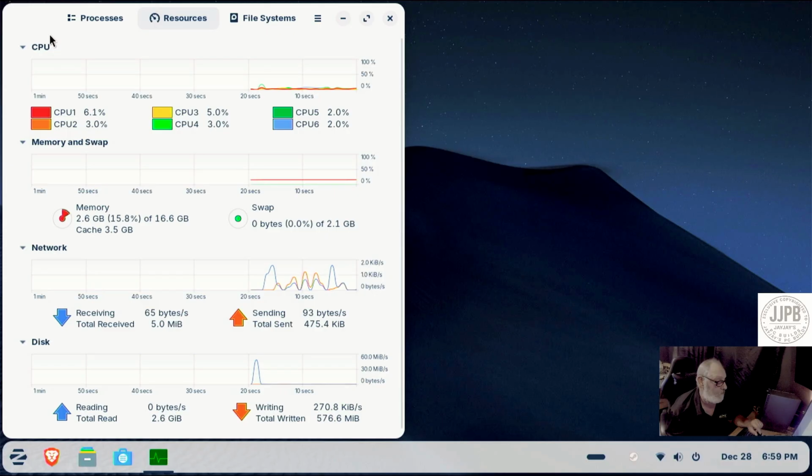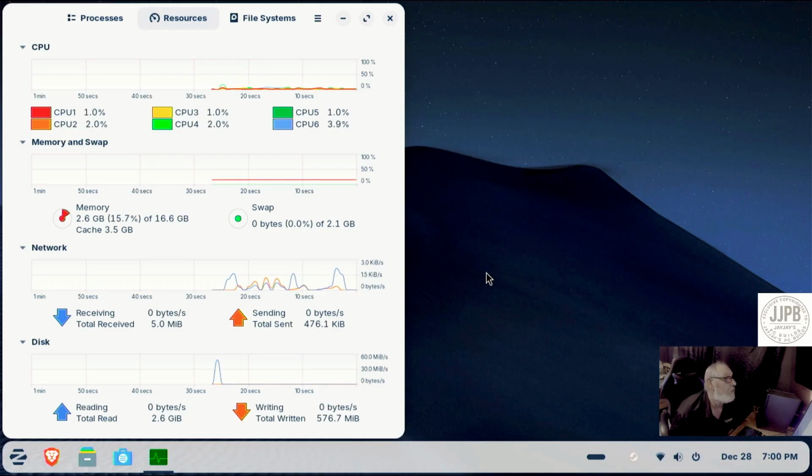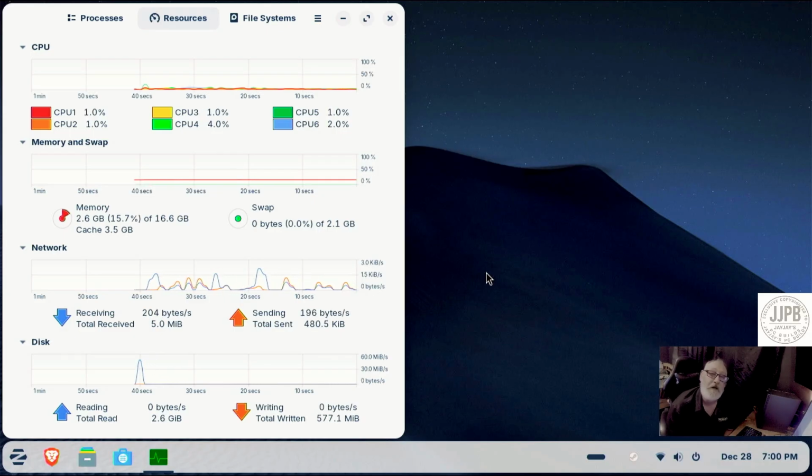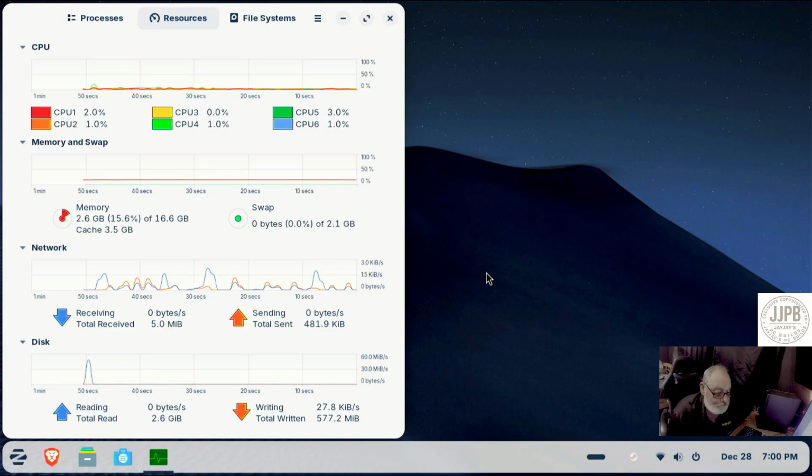There we go. That's a little bit better. So, looking at this is their Task Manager. And as you can see, out of 16 gigabytes of system RAM, I'm only using 2.6 gigabytes. That's well under the 11 gigabytes I'm using on my main system. Well, actually now it's at 7.4 gigabytes, but